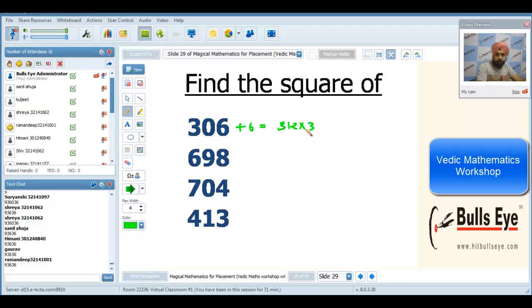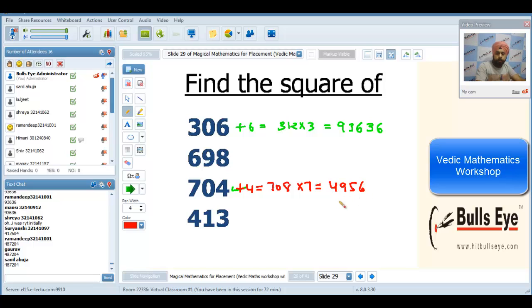312 into 3, it is 93636. Okay, find the answer to this. 704, and let's move further after that. 704, 708 into 7, it will be